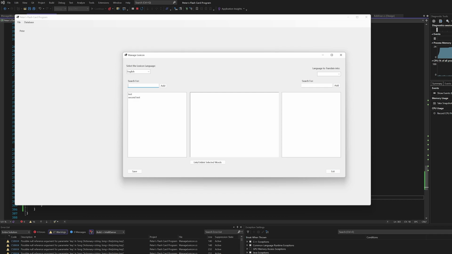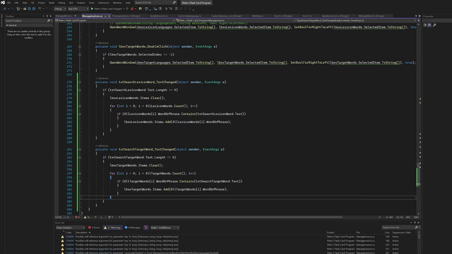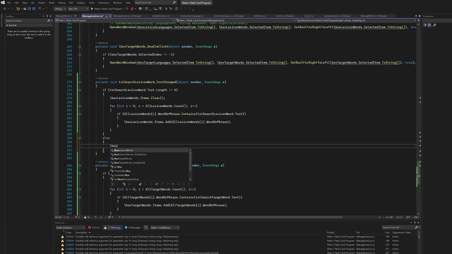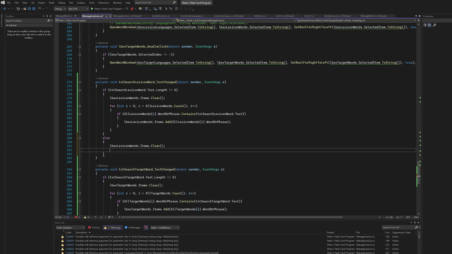Now, the problem, as you can see, is when we go back, delete everything, it doesn't clear that out. It doesn't reset to what we had before. So let's solve that issue right now too. So if it's not equal to 0, we do that. That means that if it is equal to 0, what we can do is we just do the list box items and we clear, and then we do the regular loading of the list box that happens at the very